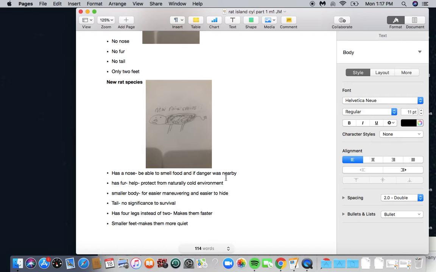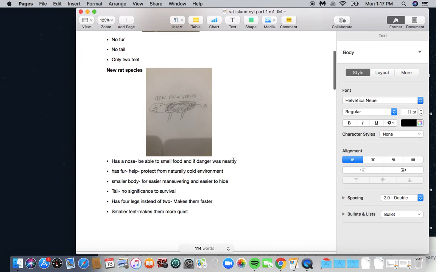Now, if we were to pretend that this new rat species, which we'll call the furry sphinx rat, was in a small community, there would be a much larger chance that some of the rats will survive a major change, and here's why. When you have a larger community of rats, there's obviously a way better chance that some of the rats will figure out or be lucky enough to survive through natural selection and have the necessary adaptations and mutations